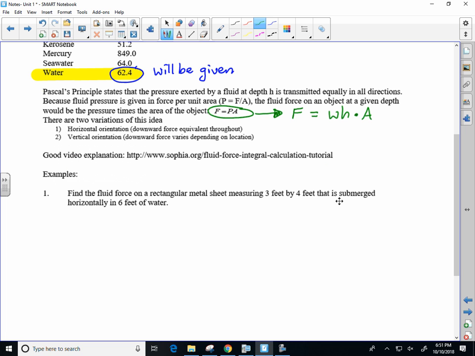All right, so we'll start with the horizontally oriented one. If it's submerged horizontally in 6 feet of water, that means that at that particular depth,